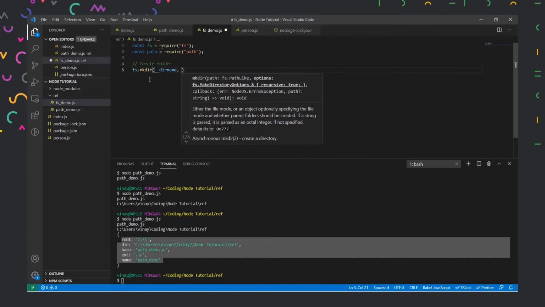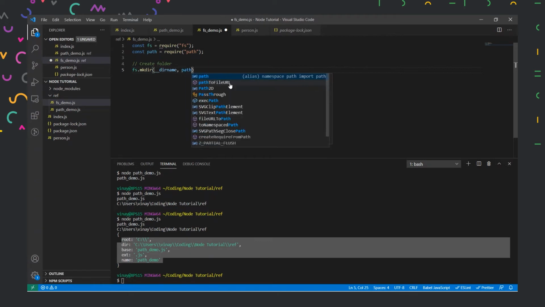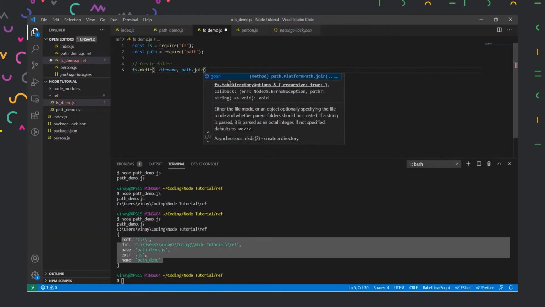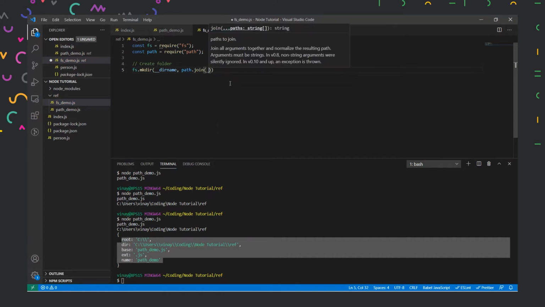So to pass the path name, I'll use another functionality of our path module called join. So if I use path.join over here, and then I pass dirname over here.